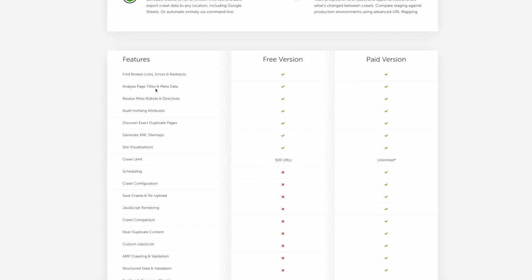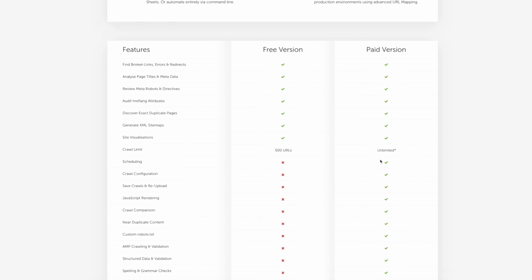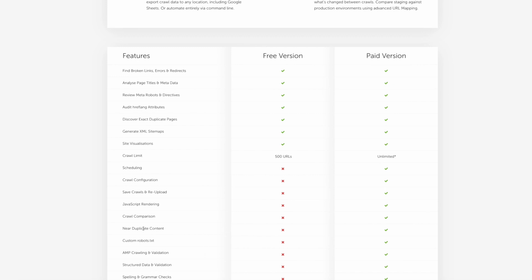It will tell you if you're missing any H1 headings and things like that. The free version crawls up to 500 URLs, so usually it's okay for most people's size of website. If your website is bigger than that, you will need to move on to the paid version, where you can see it's unlimited, and it can tell things like if your content is almost the same as something else on there,